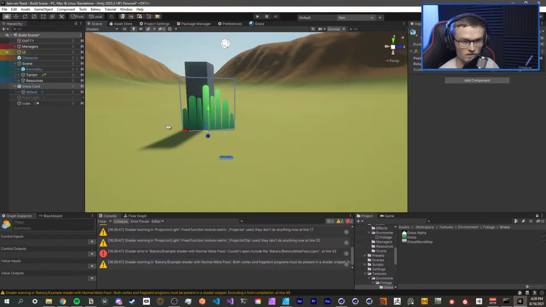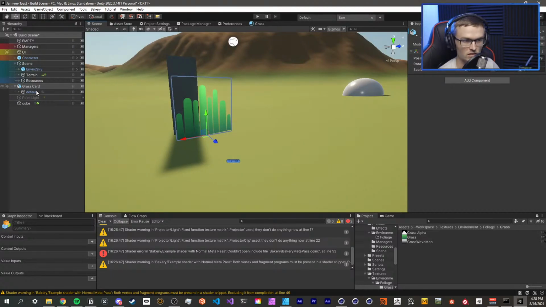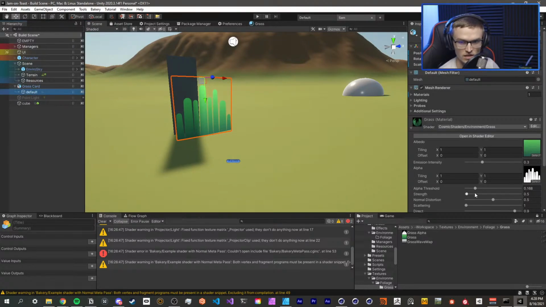But it makes it feel kind of like a papier-mâché kind of thing. So I want to leave that strength at, well, let's leave it at 1. Yeah. And then turn the alpha up. No, not the alpha threshold, sorry. Leave that at 0, that doesn't matter. Okay. Turn up the